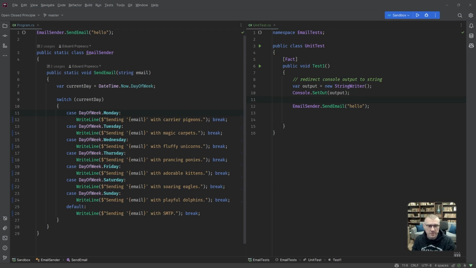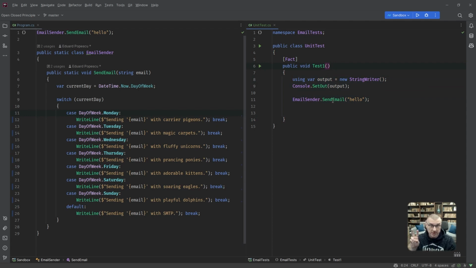That's what all good programmers do, copy code from Stack Overflow. And indeed, we have to create a new string writer, set the out of the console to this writer, do our thing, then flush and read the string back. Let's see. So we did the first part, okay? We redirected console to a string writer. Technically, I should be putting this into a using statement, but since this is only going to live inside this method, it almost doesn't matter, but okay, let's be politically correct.